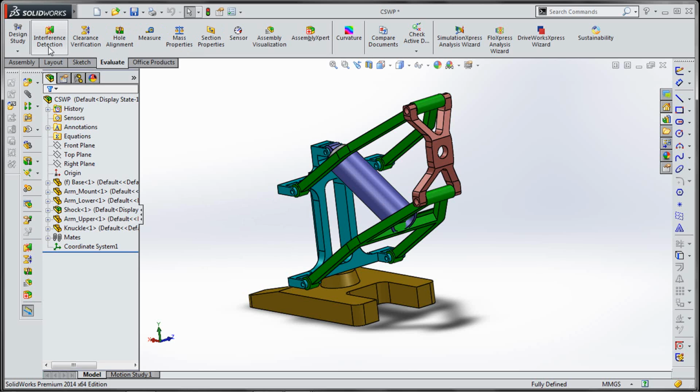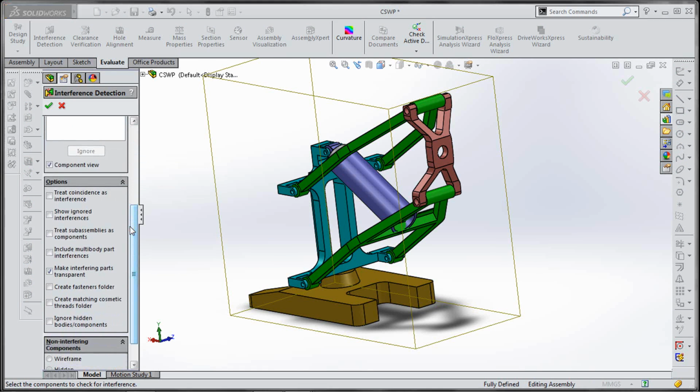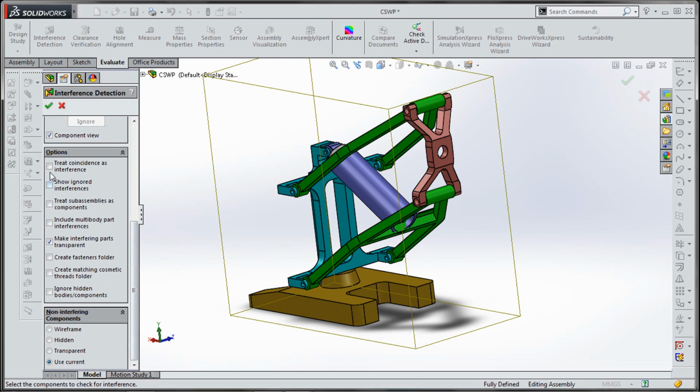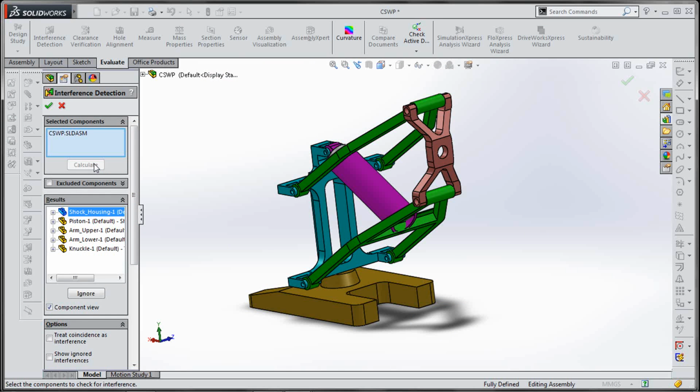You can find interference detection in the Evaluate tab, and here you can see this. The only box that should be checked in the interference detection options is Make interfering parts transparent. So make sure that's the only box. And now calculate.